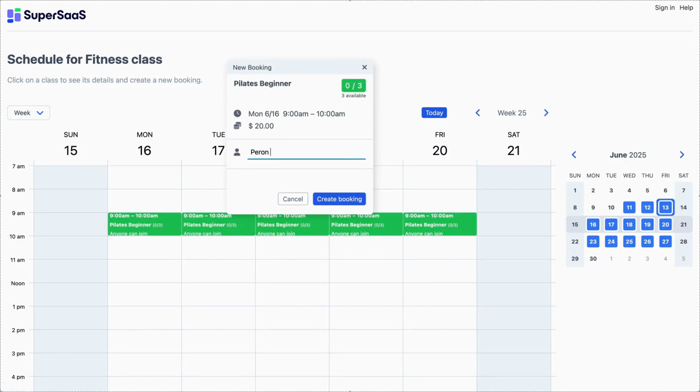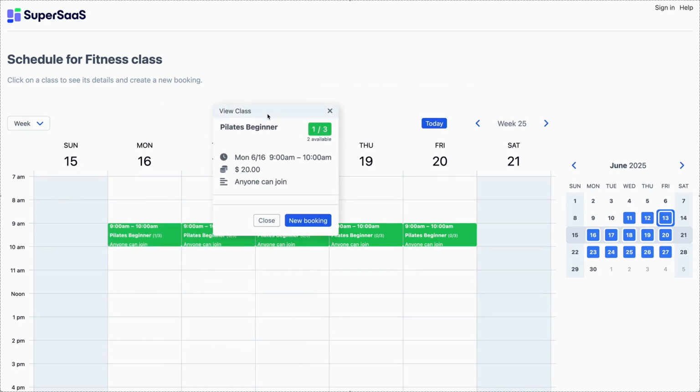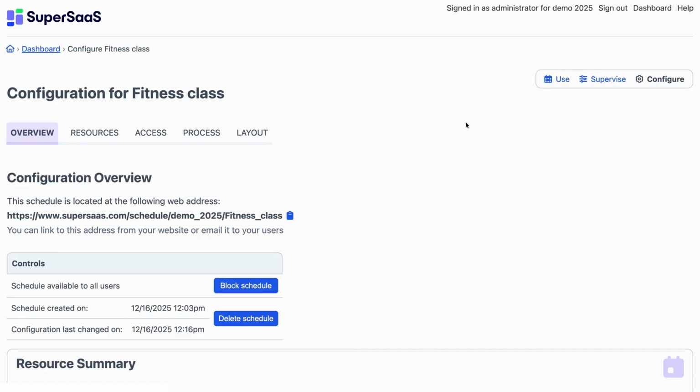By default, the client will not be able to see the details of other bookings, but like most things in SuperSaaS, this too can be changed if you prefer. If you run a company where people need to be registered before being able to join a class, this is possible in SuperSaaS. You can then send your participants an email confirmation following a booking. But if anyone can join, perhaps for a tryout, you'll likely want to collect their email address so you can send a confirmation message in this scenario too.